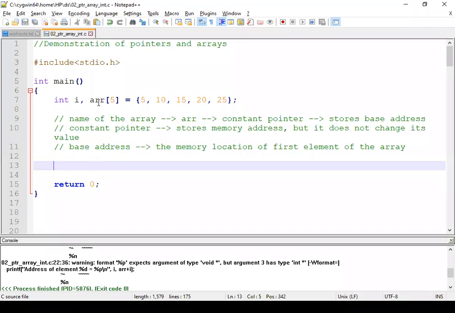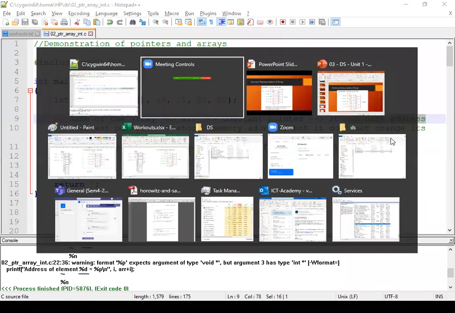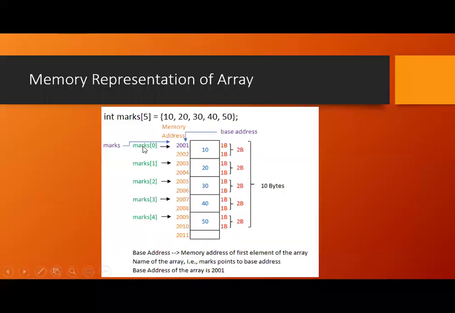Now as I said, ARR stores the base address. So picture it: this is the array, we have these elements, and there are many addresses here, starting from 2001 to 2010. Then how to identify which is the base address? Base address is nothing but the memory address of the first element of the array.